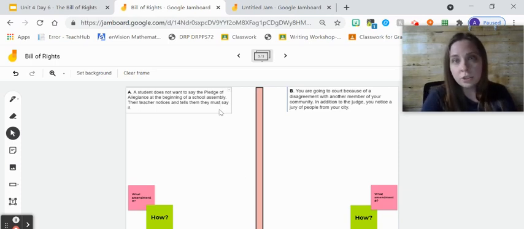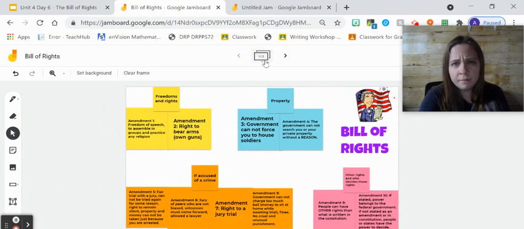So now you want to guide your students. They can go back and forth and you want to have them talk about it, have a discussion about it. A student doesn't want to say the Pledge of Allegiance. So what freedom is this going with? Is this over